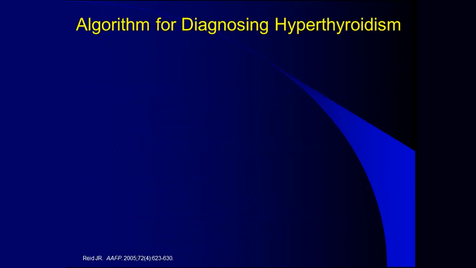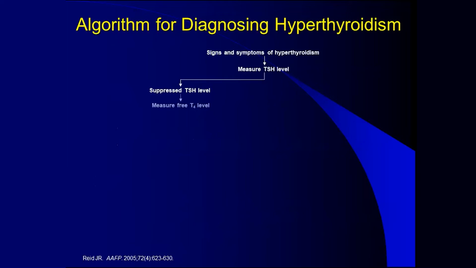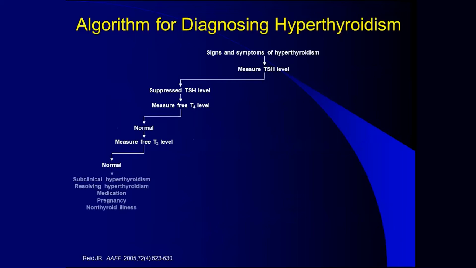So coming to the algorithm for diagnosing hyperthyroidism, again, you begin with measuring TSH levels. If the TSH levels are low, the next thing you do is you measure the FT4 levels. If the FT4 levels are normal, you measure the FT3 levels. Again, if these levels are normal, then this is a case of subclinical hyperthyroidism and you don't treat it. However, if the FT3 levels are elevated, now this is a case of T3 thyrotoxicosis and you need to treat these patients. In contrast, if the FT4 levels are high, this is now a case of primary hyperthyroidism and you